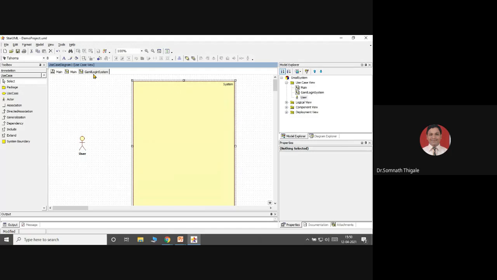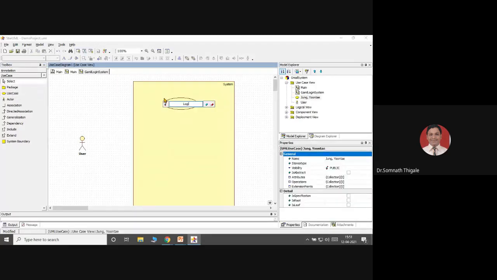So I'm going to develop the Gmail system. Remember, I'm going to develop the Gmail system. Now, with respect to this Gmail system, what are the things the system is going to perform, called as what? Functional requirement. So we need to identify different functionalities, different operations that the system is going to perform. My Gmail system allows the user to perform login, my first functionality, login.